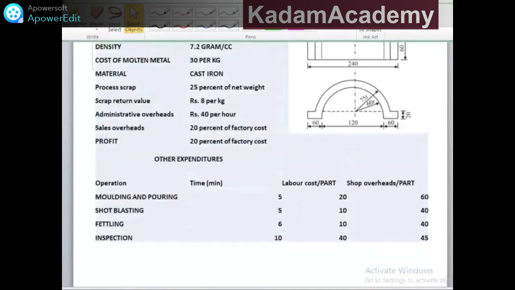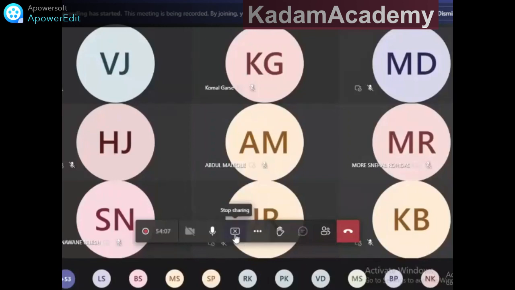So I'm giving this problem as homework to everybody. So this is a similar